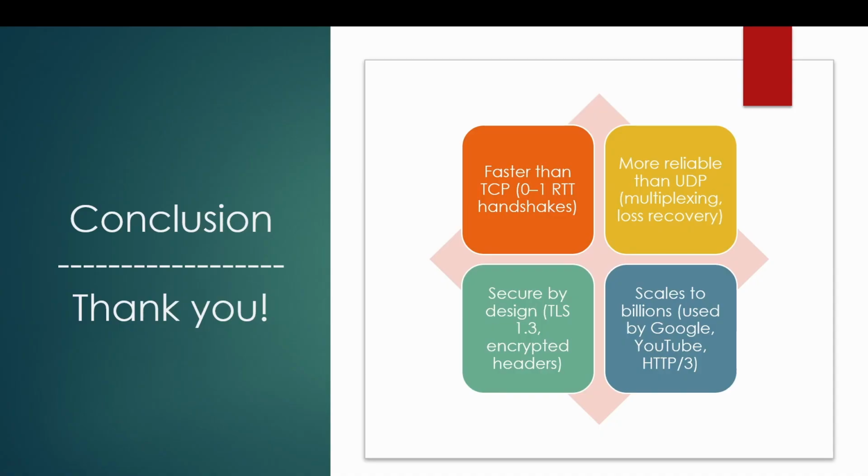In conclusion, QUIC represents a significant evolution in transport protocols. It's faster than TCP with its 0 to 1 RTT handshakes and multiplexing, more reliable and secure than UDP thanks to built-in TLS and loss recovery, and highly scalable for billions of connections in apps like HTTP/3 on YouTube or Netflix. We've seen its functionalities, advantages, real-world uses, and even a deep dive into its packet structure via Wireshark, highlighting encrypted frames and QUIC-specific elements like crypto and